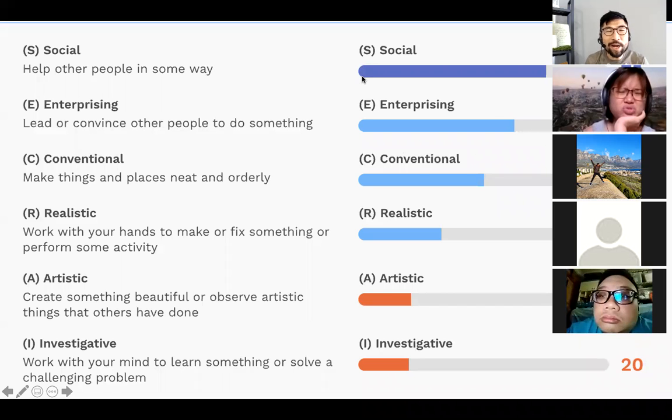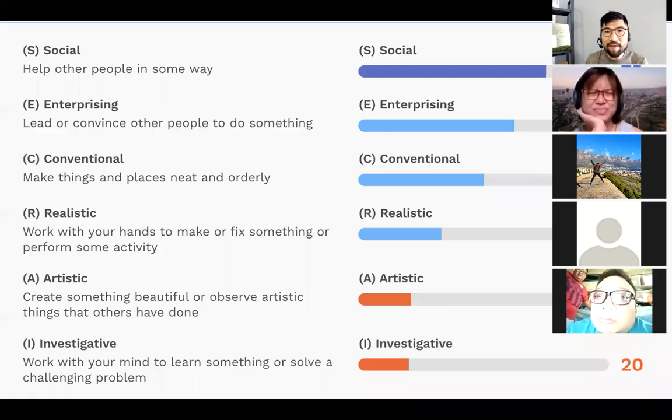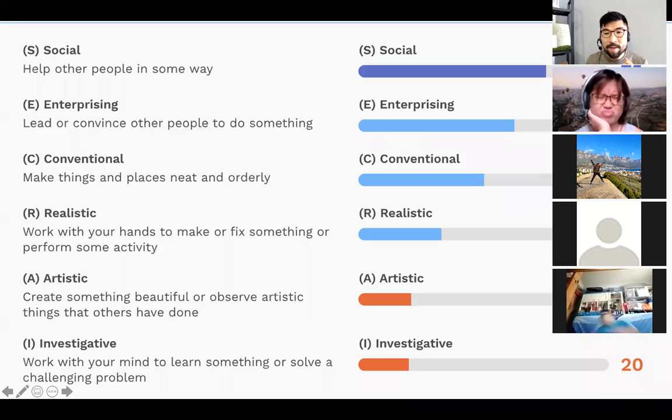Therefore, what it tells me is that the purpose of helping people, whatever I do, if I can see meaning in helping people, then I'll be very connected with the role itself, right? Because my social, I have a very high need for social related activities.